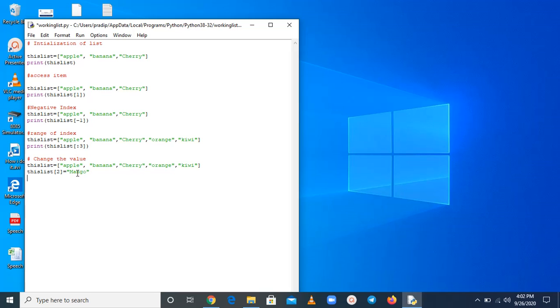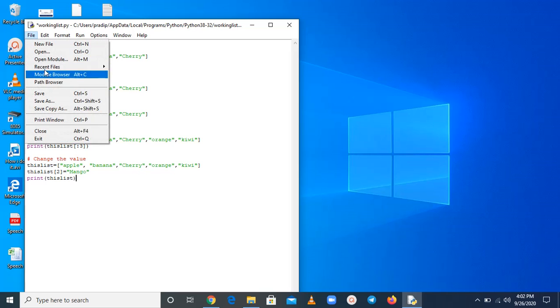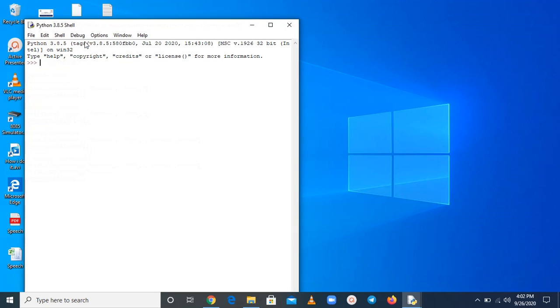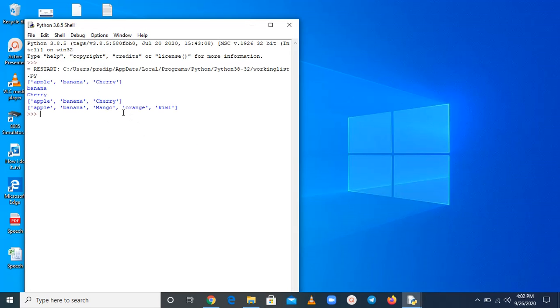Now print this list, save and run. So here you can see mango: at position 2 we get mango.